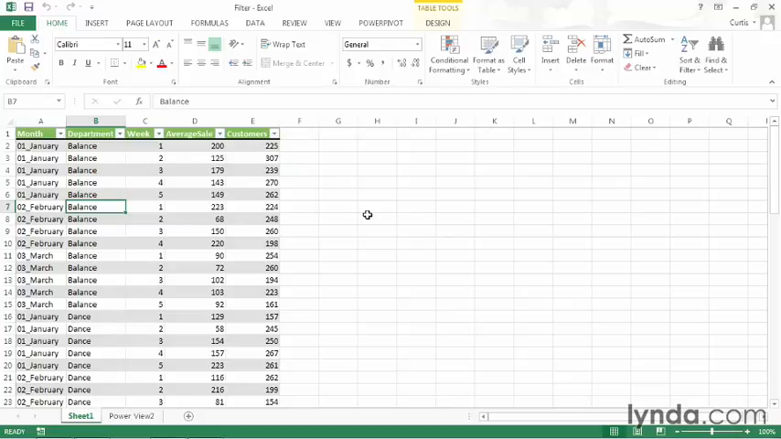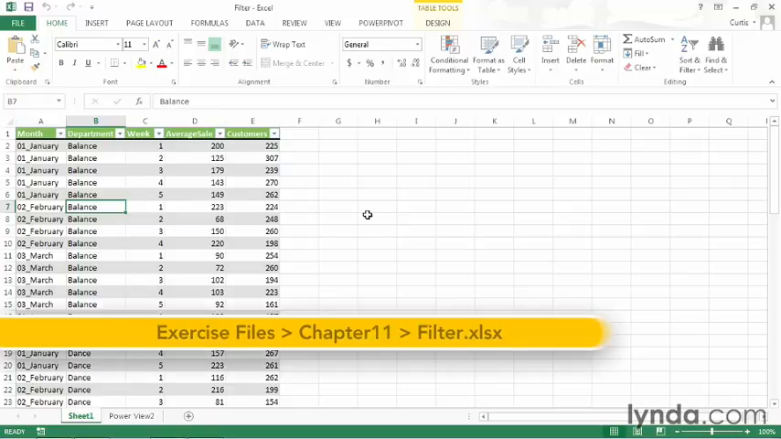When you summarize data visually using PowerView, you might want to limit the data that appears on your PowerView sheet. In this movie, I will show you how to limit the data that appears by creating filters. I will use the Filter Sample Workbook, which you can find in the Chapter 11 folder of your Exercise Files